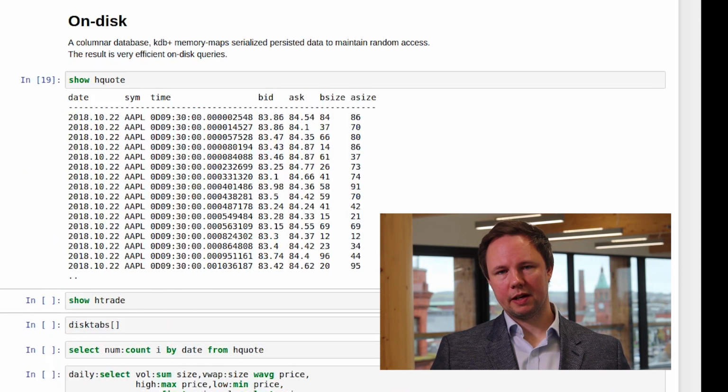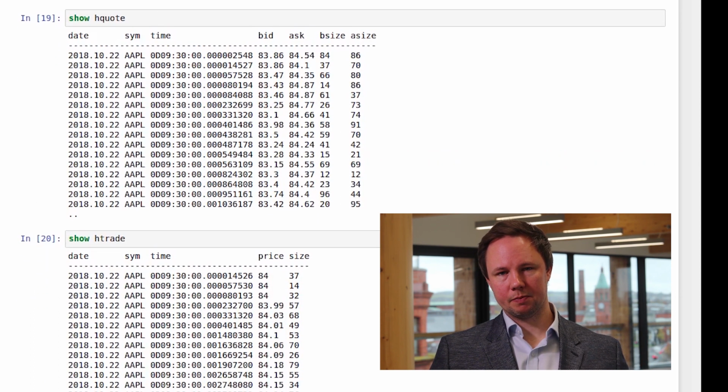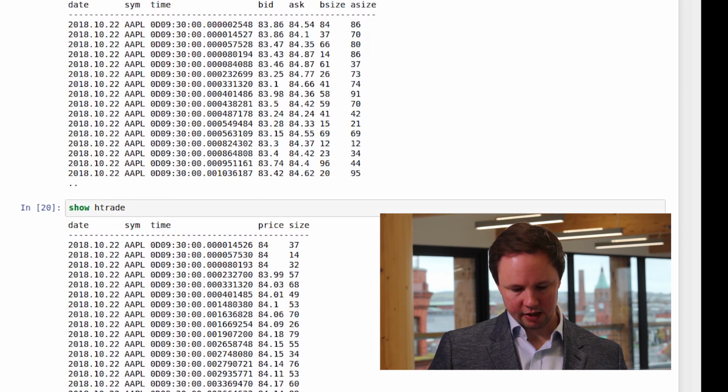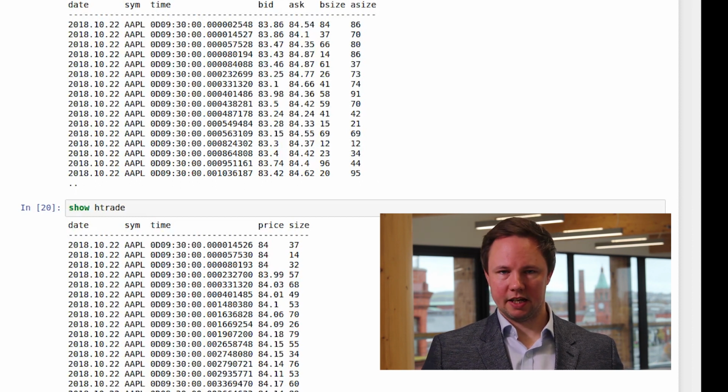On disk, we have the same basic data. Again, we're looking at trades and quotes. Only this time we can deal with much bigger data sets. This time, as you can see, we have 200 million quotes and about 50 million trades. The schema is exactly the same. We're looking at the same data. The only difference is, in both the quote data